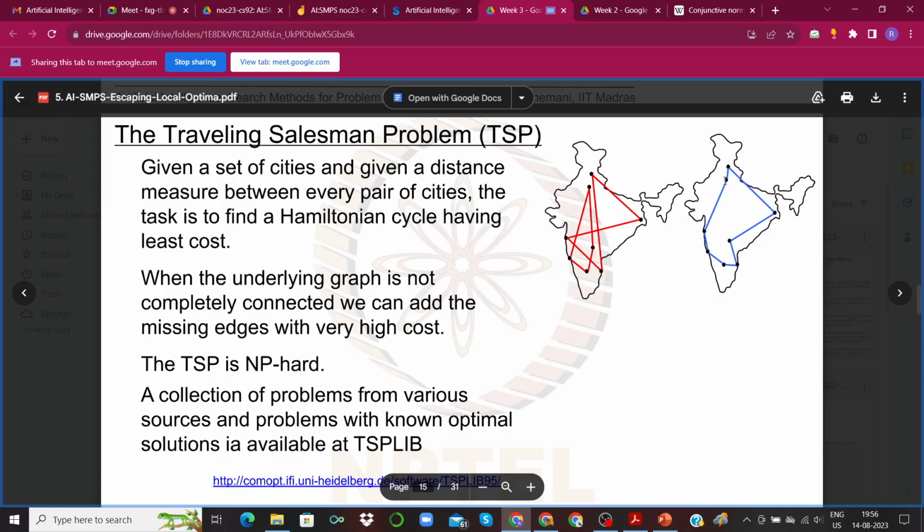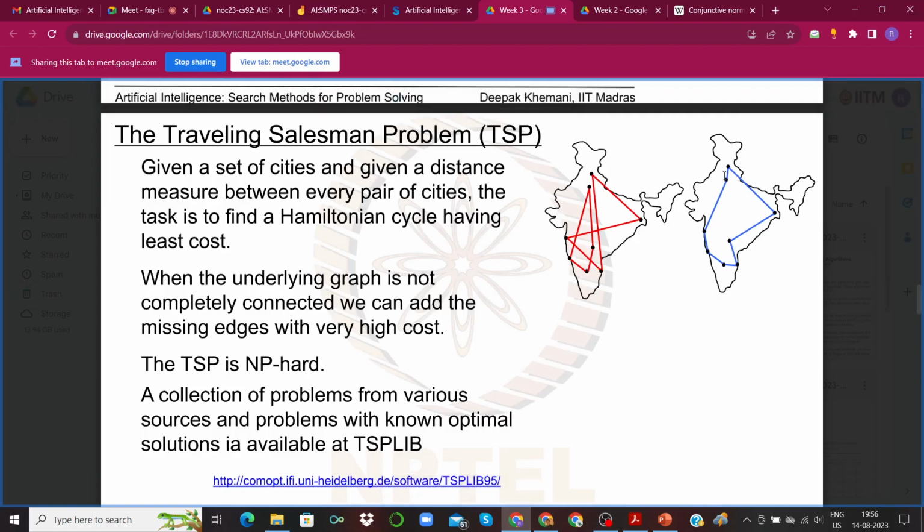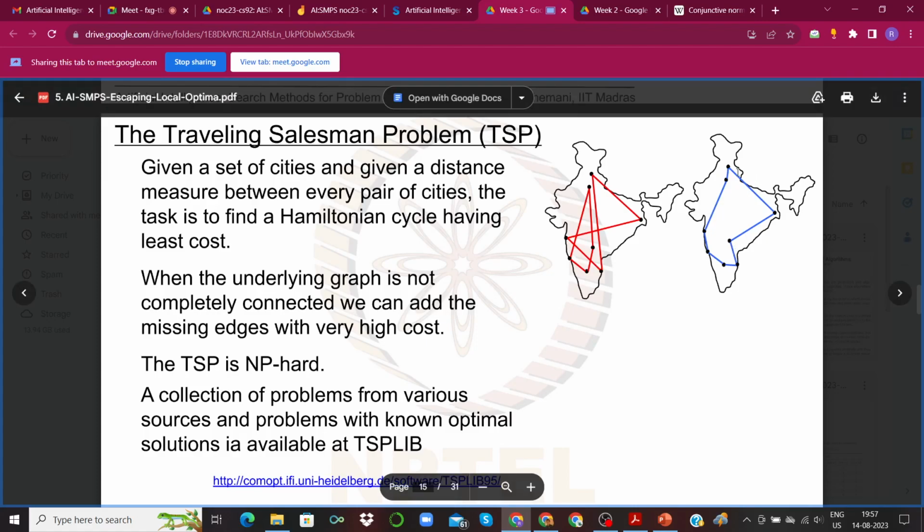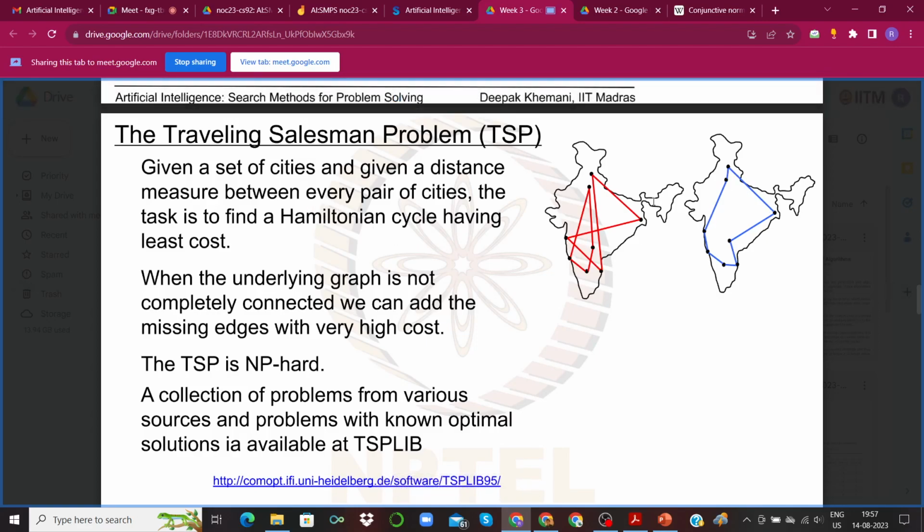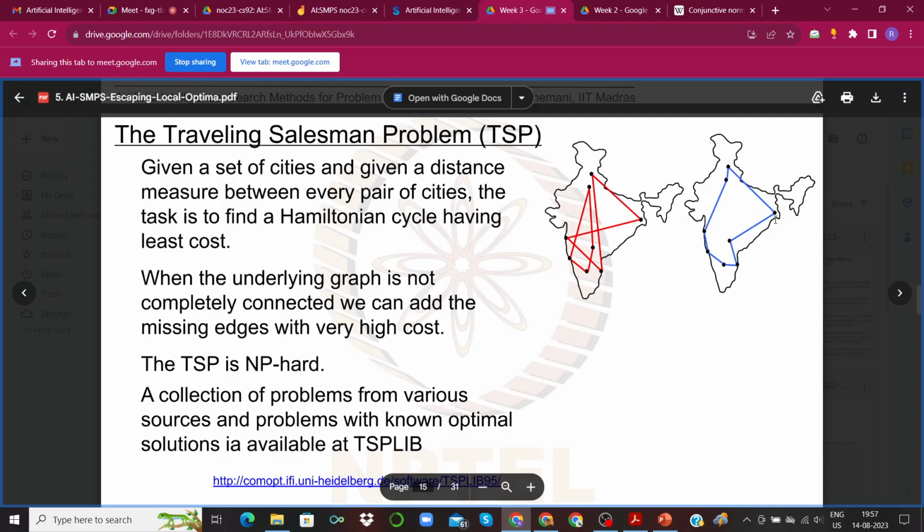So for example, the cost of going from this particular node, let's say the topmost node, to the second topmost node is just say 10. So that would add 10 to the cost. Then from the second node to the third node the cost is 20, so then the cost would become 30. You add up all the costs for all the edges of the cycle, and that would be the cost for this particular cycle. You have to find a specific cycle that covers all the nodes and at the same time also has the least amount of cost. That is what the traveling salesman problem is.